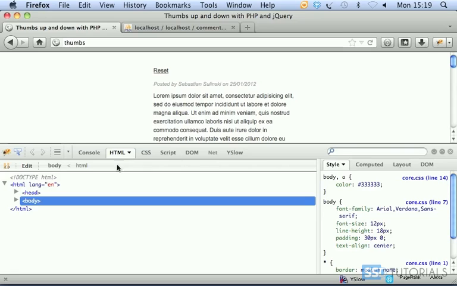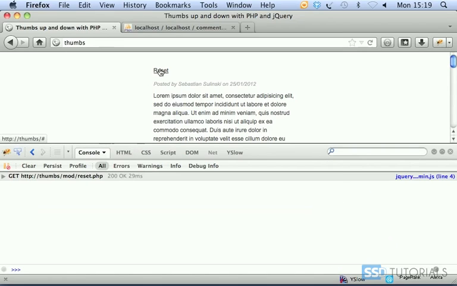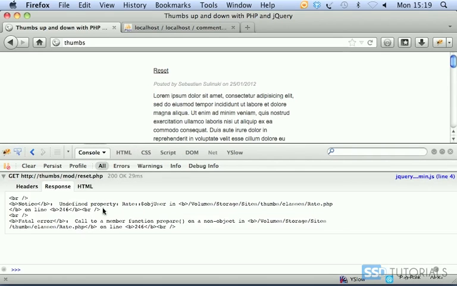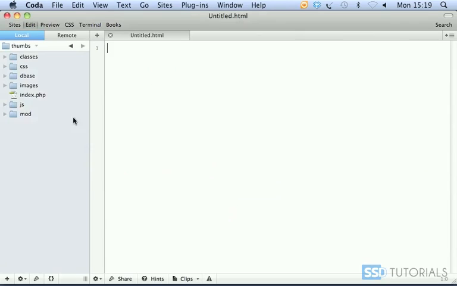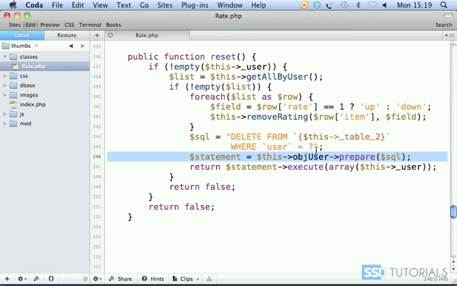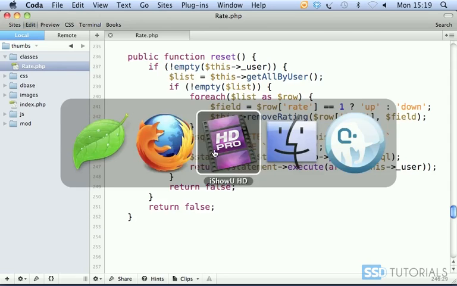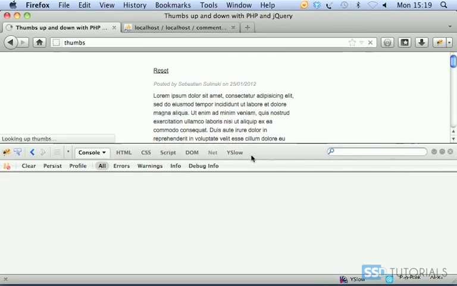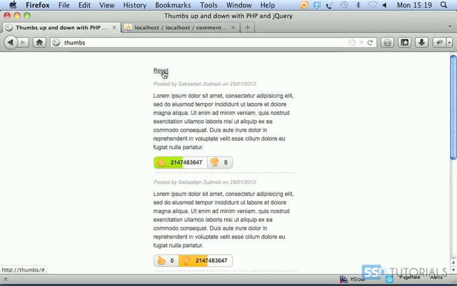Okay, let's use Firebug. If we click on reset, what do we get? Undefined property rate object user in rate.php on line 246. So if we go back to our editor, let's go to our classes, line 246, the object user, of course we're not using object user, we use object db here. If we save it, go back to our browser, refresh the page, and if we click now on reset,